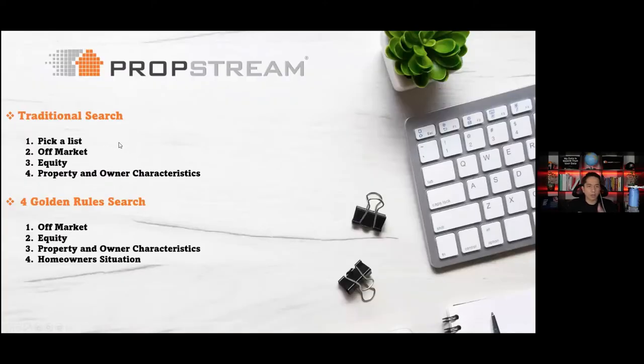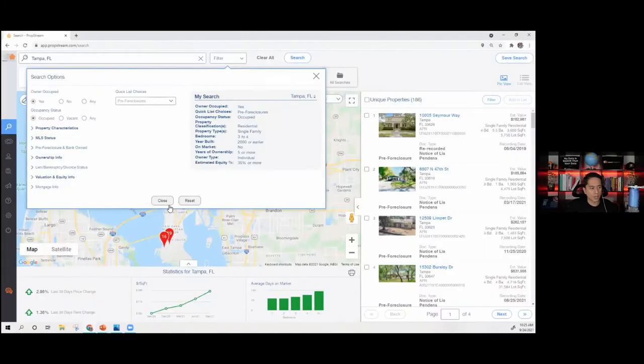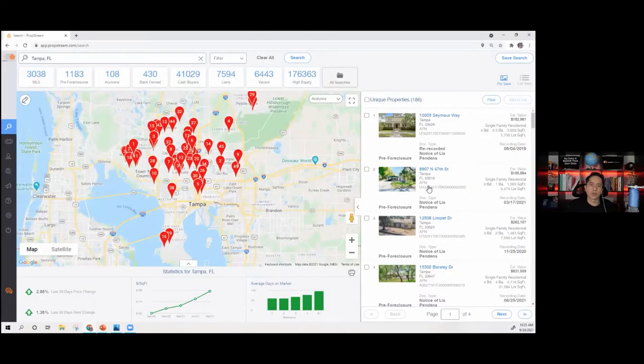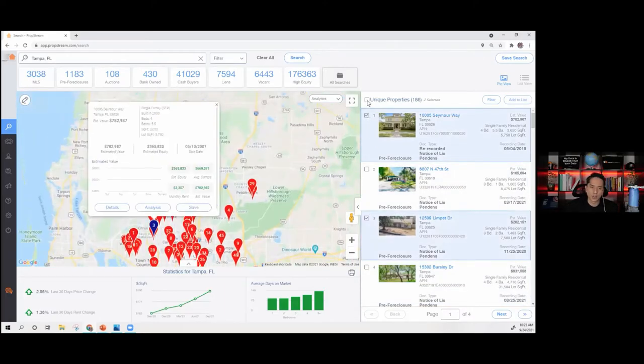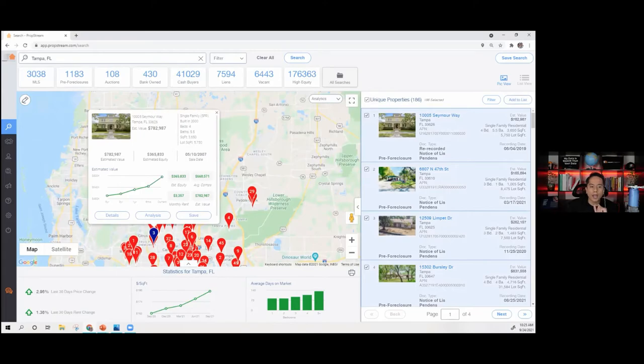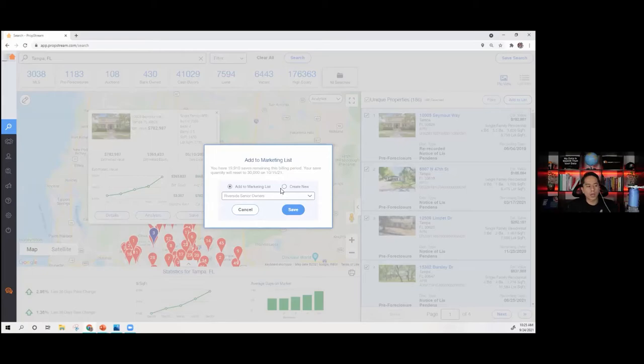So after you pick a list, make sure it's off market, has the equity, and put your preferences in terms of property and owner characteristics. These are your results here on the right-hand side. Now you can check them all off, or every odd number if you'd like. Usually you'll probably check them all off, and then hit add to lists here on the far right. And when you do that, you can add it to an existing list that you have or create a new one. Tampa senior owners. Oh, I'm sorry, this is pre-foreclosures,